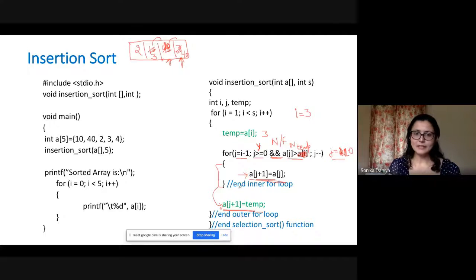Fine. So after this third loop, it will be 2, 3, 10, and 40. Simple? Fine? Okay. Let's execute just once more for the last loop, so you will understand exactly how the